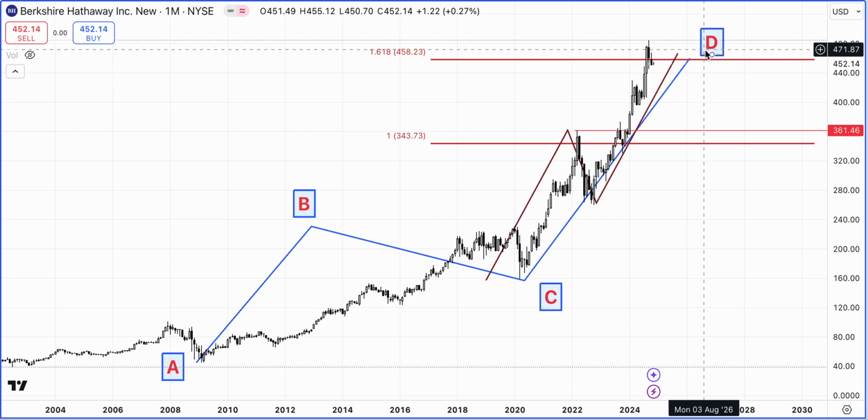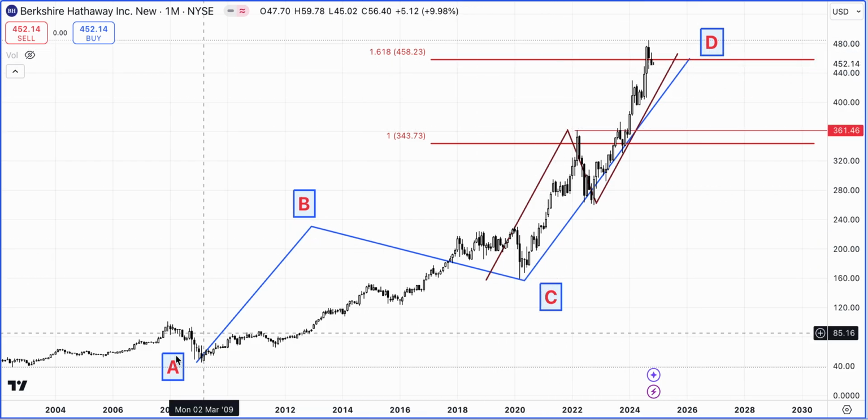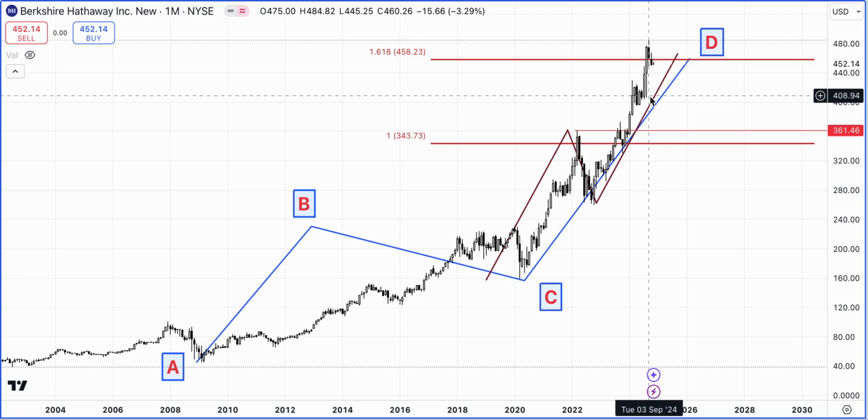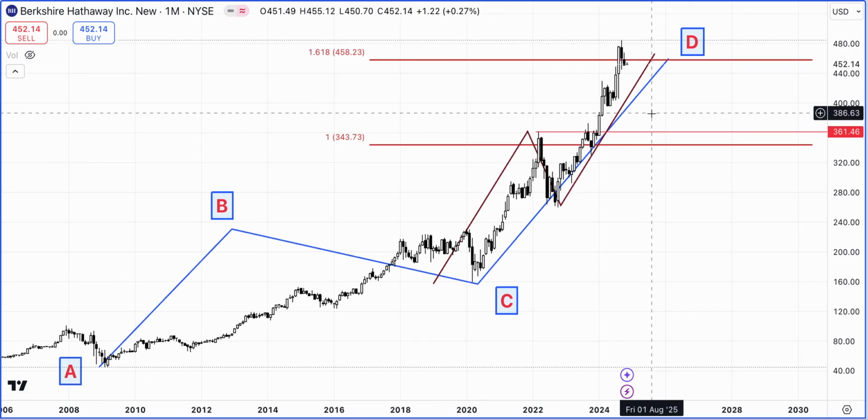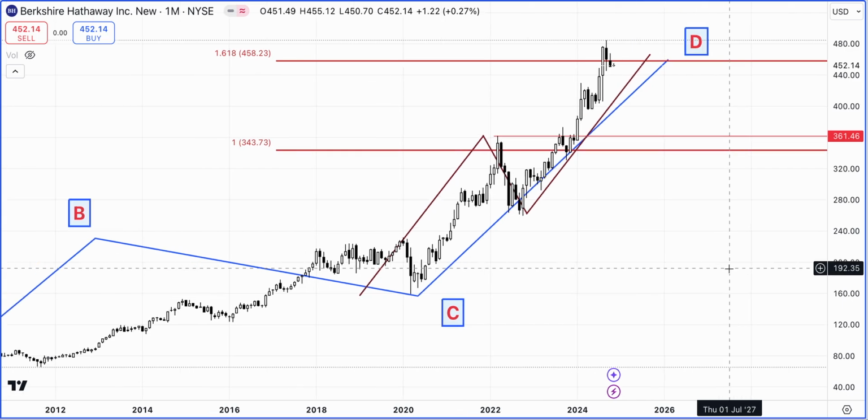CD leg higher, which is actually 1.618 times the AB leg, and in fact it went above that. So in August of 2024, it went above the 458 level, which is the 1.618 extension, but there was just no follow through on a monthly basis. In September it pulled back, and then in the month of October we have an inside month formation, but also